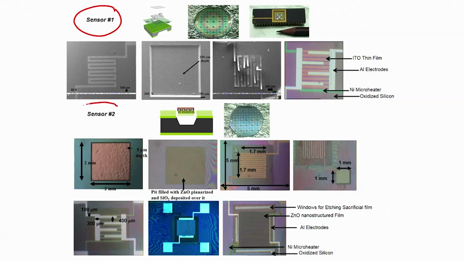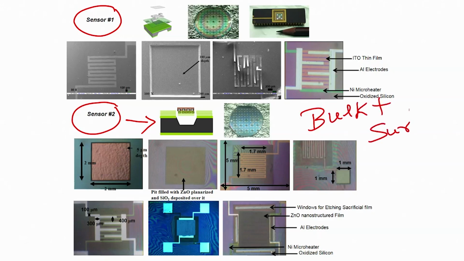While you can see sensor 2, which is used for detecting VOCs, and it is fabricated using bulk plus surface micromachining, all right. Sensor 1 is fabricated using bulk micromachining,